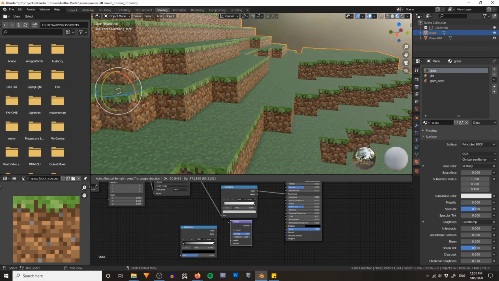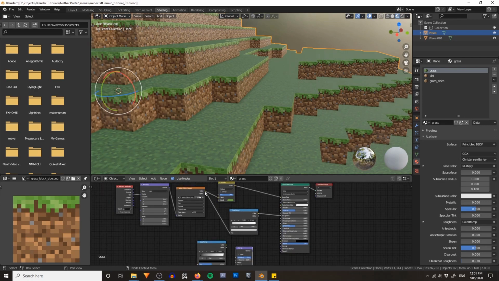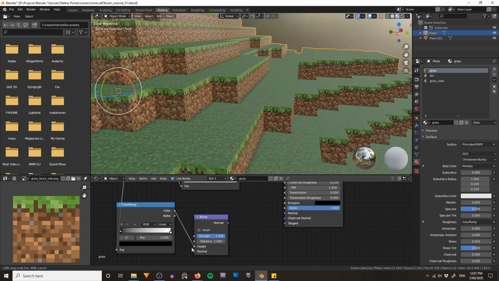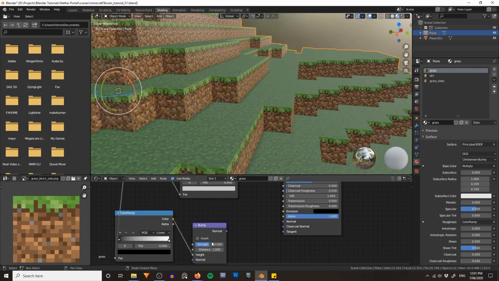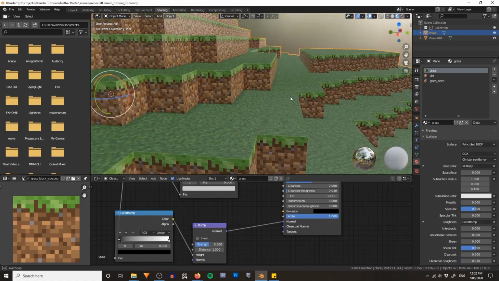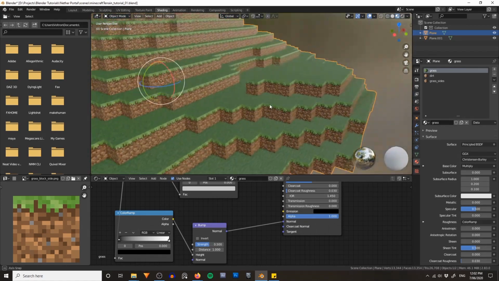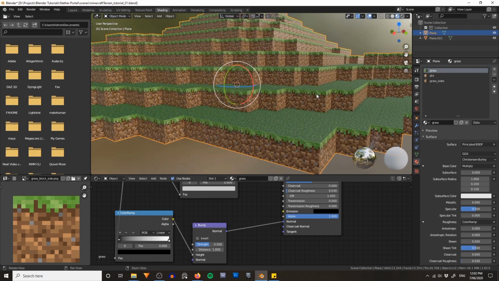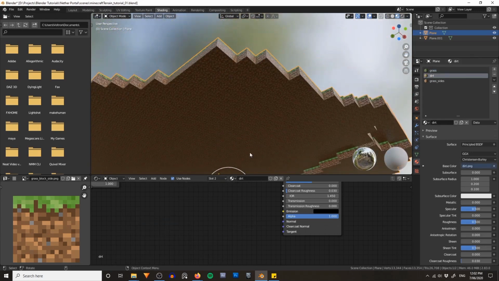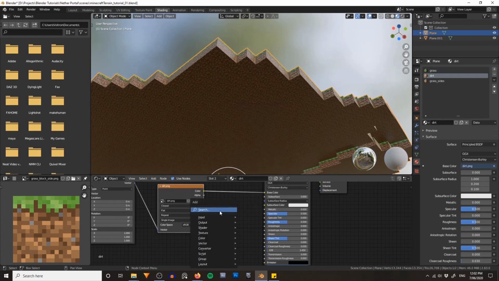Maybe even type it correctly. Plug the color into the factor and the color into the height, and again probably set this to about 0.5 and plug that into the normal. And you can see that does an interesting job of breaking everything up and gives us a kind of funky, interesting pattern. Now we're probably not really going to see the dirt too much, but just for completion's sake,